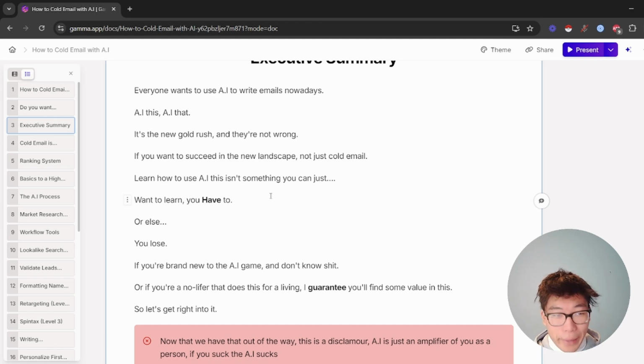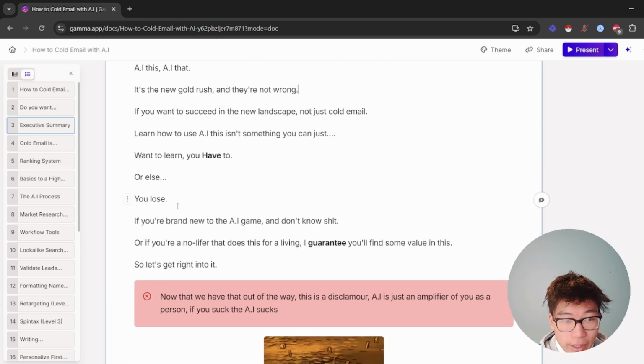And obviously some campaigns are going well, even if you don't use AI. But the number is slowly getting smaller and smaller. And if you don't learn how to use AI within the next probably couple of years, you're going to get left behind. You're going to get basics for how to run other systems within systems with AI, and you'll understand as I go along. Or else you're going to lose. This is just plain simple English.